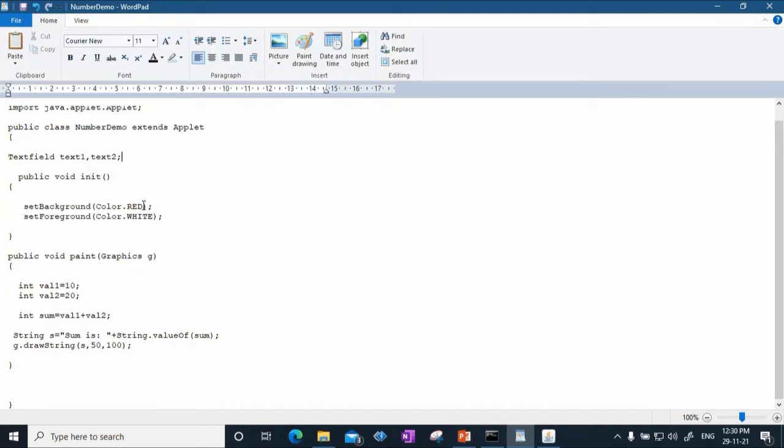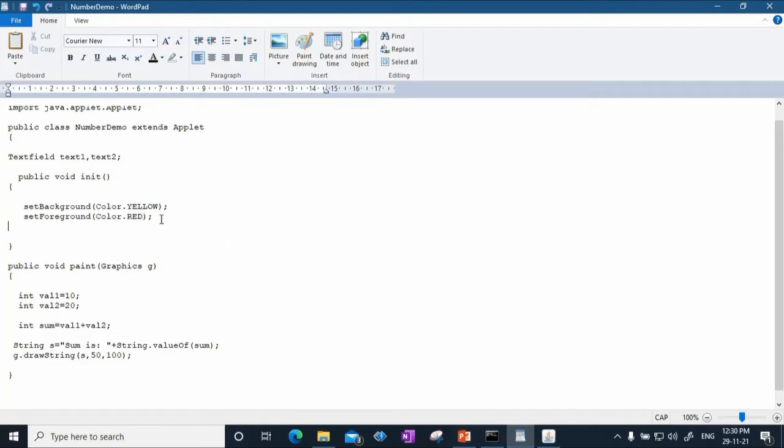Just before that I will change the color. Let us make it better. I'll just say background color is yellow, and foreground color let us make it red. Fine. Now apart from setting background and foreground, I will create objects of TextField.